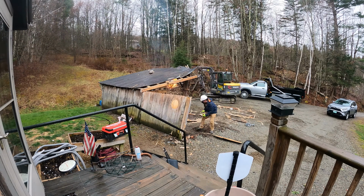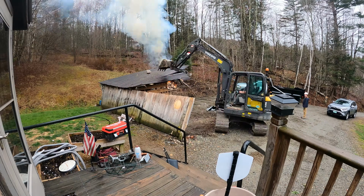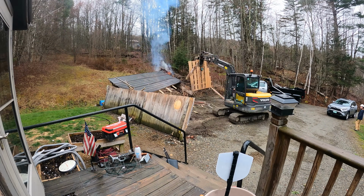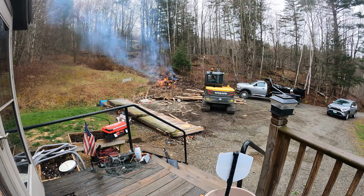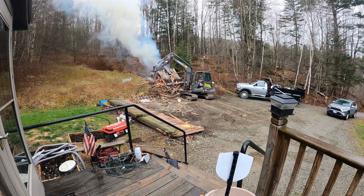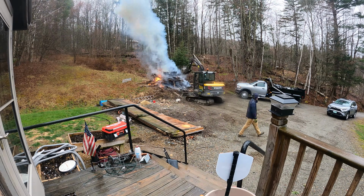I put together a little time-lapse video. We were up at my mother's place, tore down her 50-year-old woodshed, and expanded the parking area. We separated all the metal, took that off to the scrapyard, built a fire, burned all the wood in about 10 minutes,